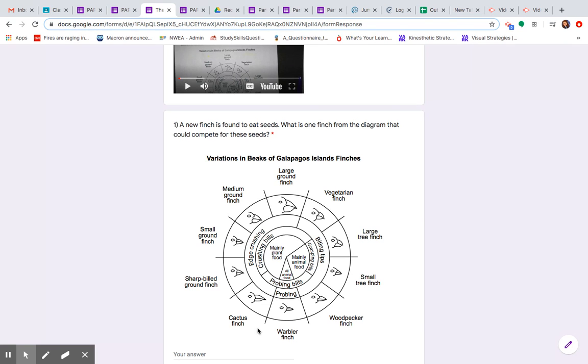All right, and on the most outer circle, they have the different types of species of finches in the Galapagos. All right, if you extend these lines for each of the species, you can see that the large ground finch, for example, eats mainly plant food. They have crushing bills and edge crushing